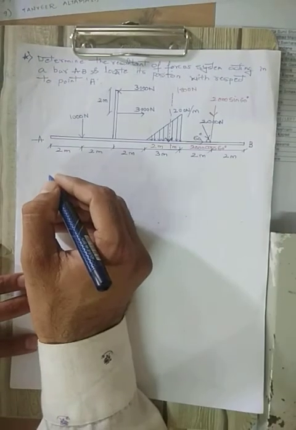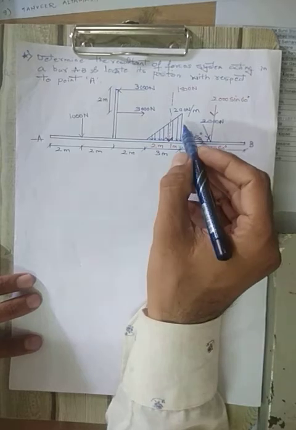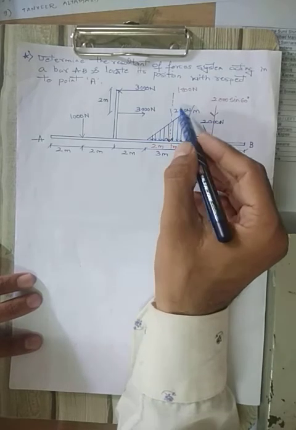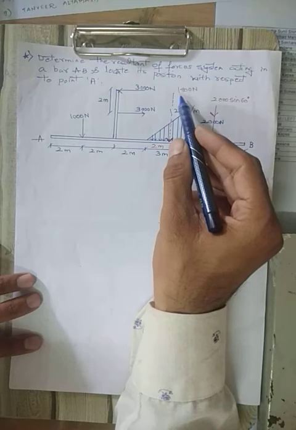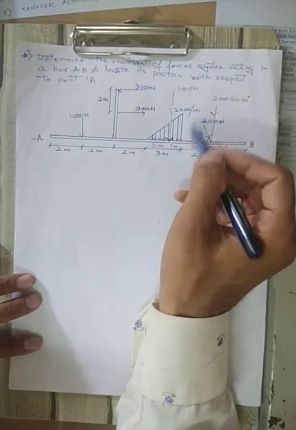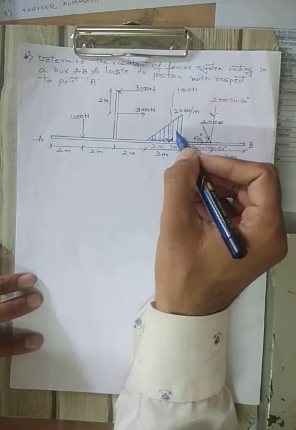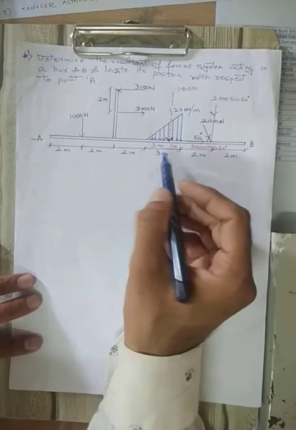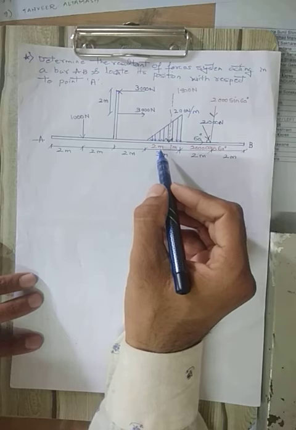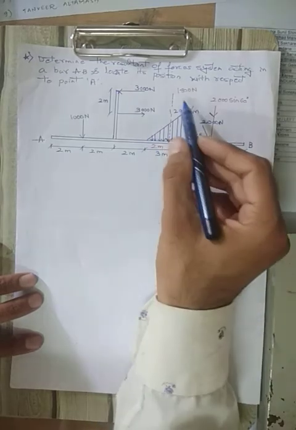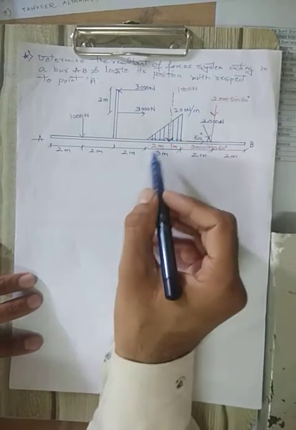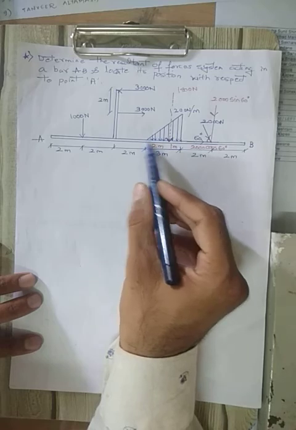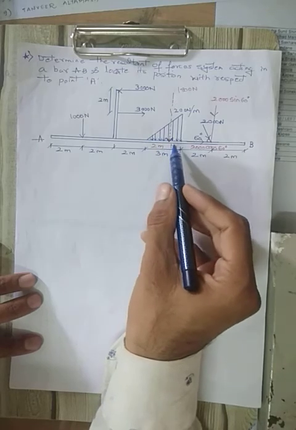Okay, we have converted this UVL, that is uniformly varying load, into a single point load with an intensity of 1800 newtons. I have shown you how it has been converted by the center of gravity, CG concept. What were the distances we calculated? The 1800 newtons will be acting at 2 meters if we are calculating from left, so it will be acting at 2 meters and 1 meter.